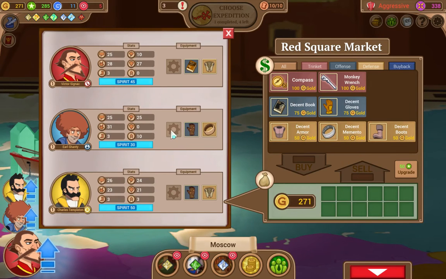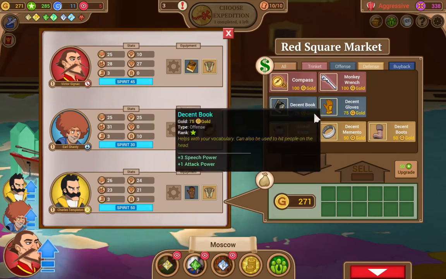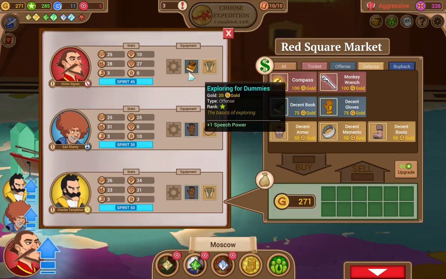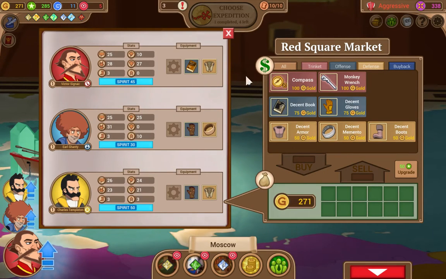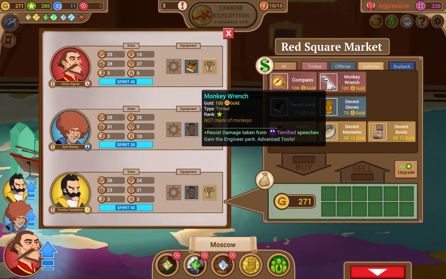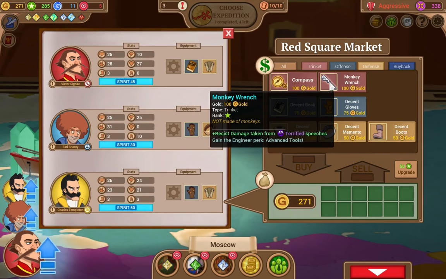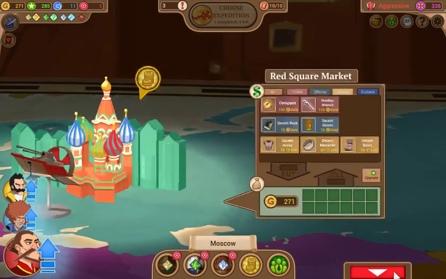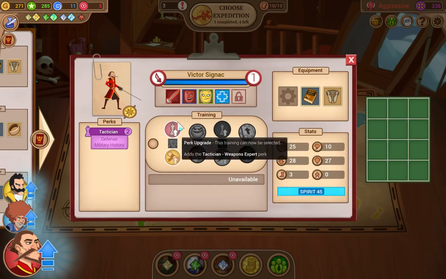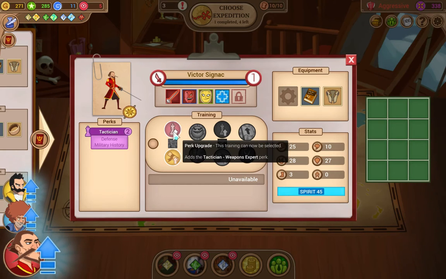There's 3 different kinds of item slots, which correspond to 3 different things here. So we can buy a compass. This would go in the trinket slot for one of our guys. It would give resist damage from enraged species, and it would give us a survivalist perk. Then we have the monkey wrench. This would resist damage from terrified species, and would give us an engineer perk. So let's look at our people here, which we should probably do before we decide what we're going to do anyway. So now we can choose,